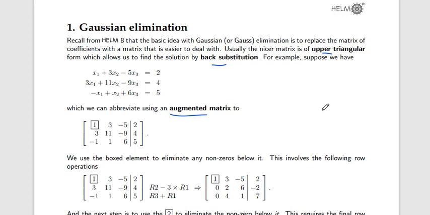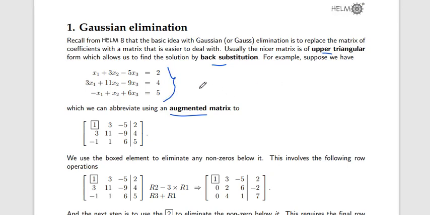Okay, so in today's lecture we will discuss how to solve Gaussian elimination with the help of partial pivoting. It's a new method using Gaussian elimination and partial pivoting. So in today's lecture we will discuss partial pivoting. Let me start with an introduction of Gaussian elimination. In the last lecture we have already discussed it, but let's start with a revision of Gaussian elimination.